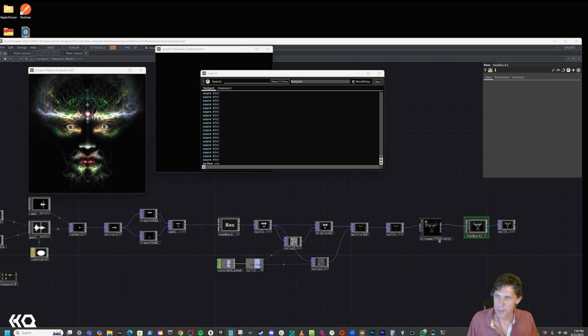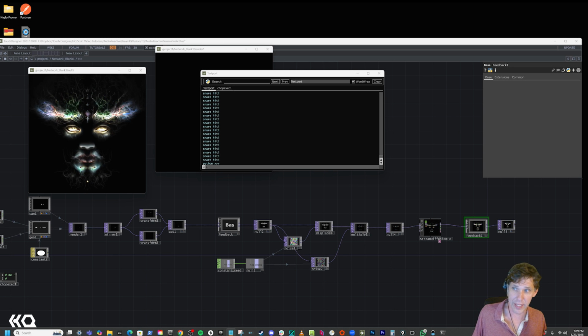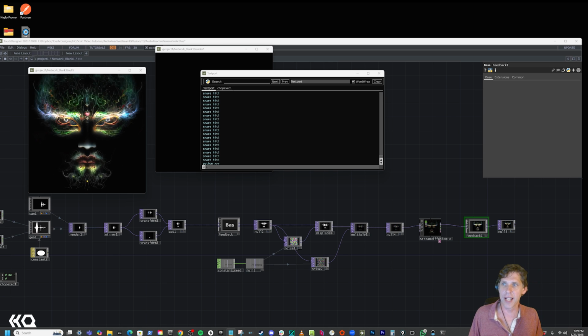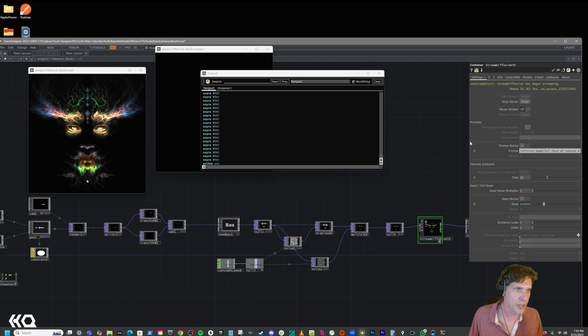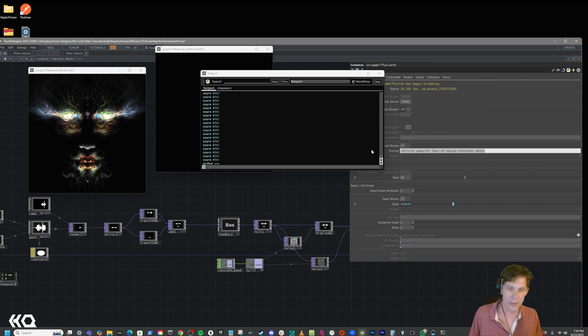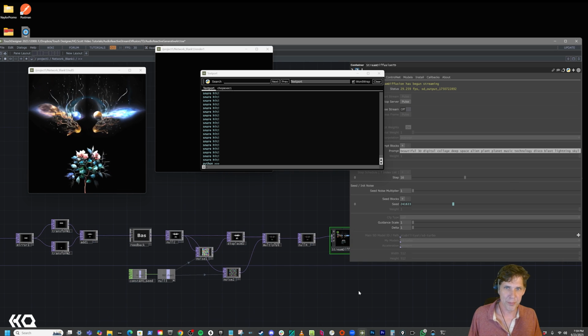It's beautiful 3D digital collage, deep space, alien, plant, planet, music, technology, disco blast, lighting, skyline, New York, spotlights, joy, flowers, trees. That may be too many terms for it to digest, but I don't know. I think it doesn't read past like the first 8 or whatever. But the more stuff you put in there and the more variety you put in there, it'll make different choices